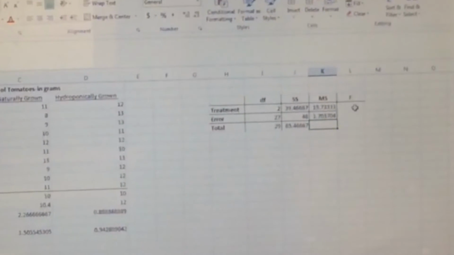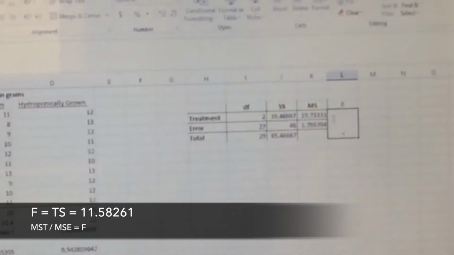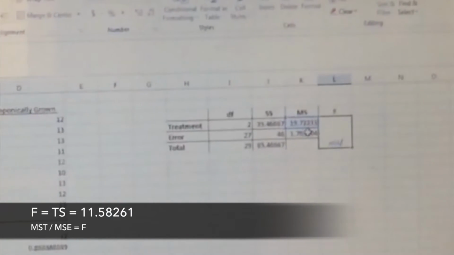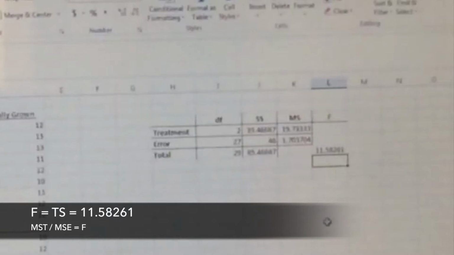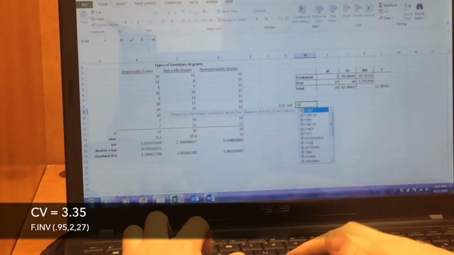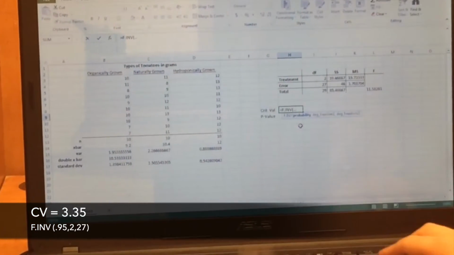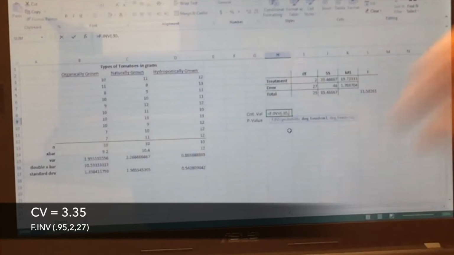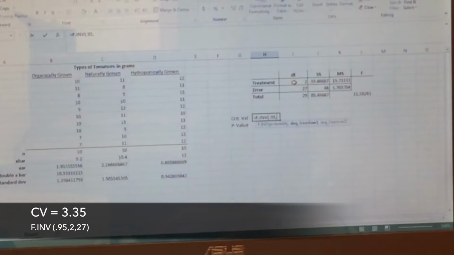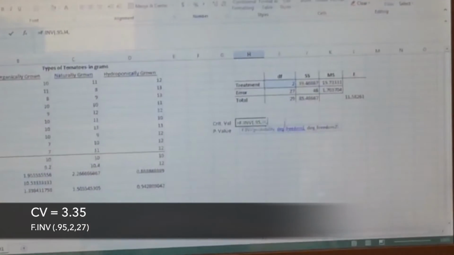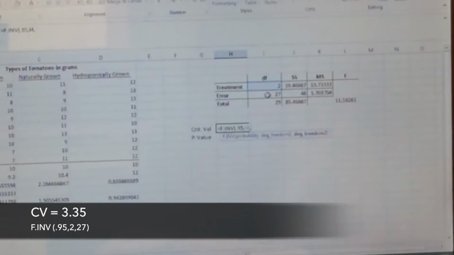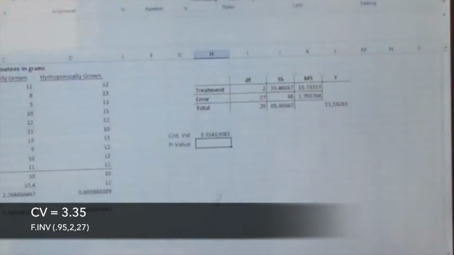For our test statistic, take the mean square of treatment and divide it by the mean square of error to get a test statistic of 11.58261. For our critical value, we are going to use the F.INV function with a probability of 0.95 because our alpha is 0.05. Our degrees of freedom 1 is the degrees of freedom of the treatment, which is 2, and our degrees of freedom 2 is the degrees of freedom of the errors, which is 27,